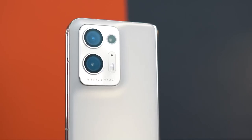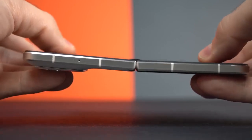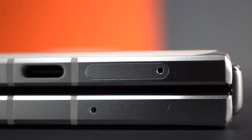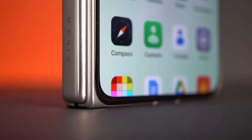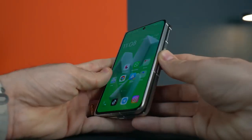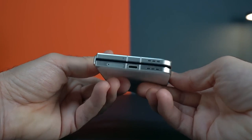Last year I had the chance to try the OPPO Find N and it was an extremely pleasant surprise. It had a nice and compact design that screamed quality. It had a no-gap design and an excellent hinge that concealed the crease better than any other foldable on the market. The OPPO Find N2 is now available, and it delivers all of that, plus some additional refinements that we'll